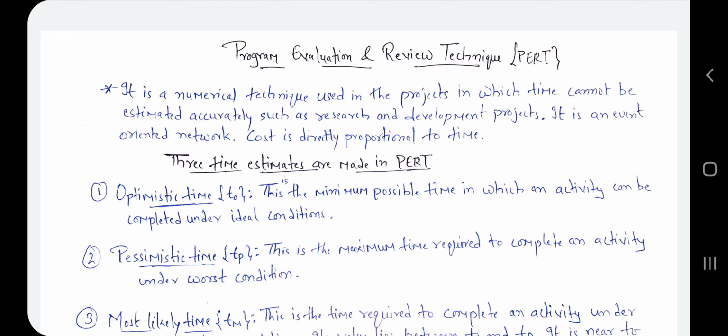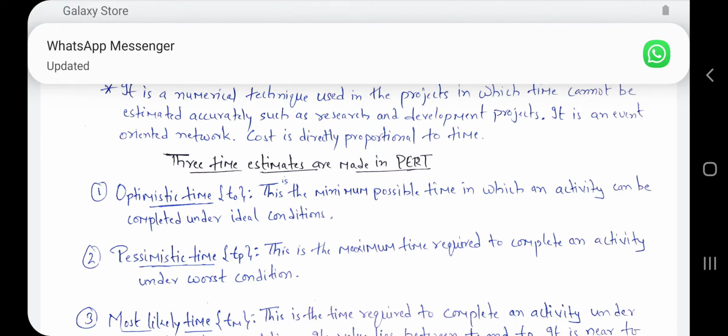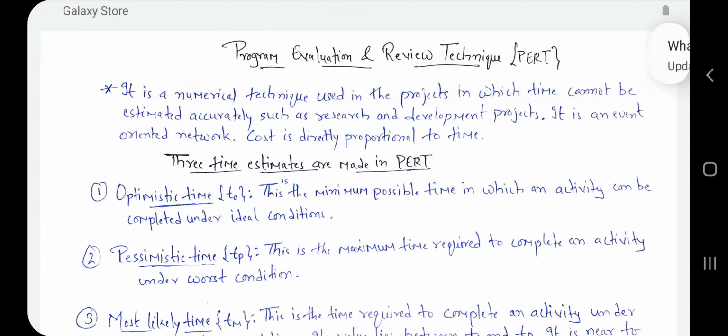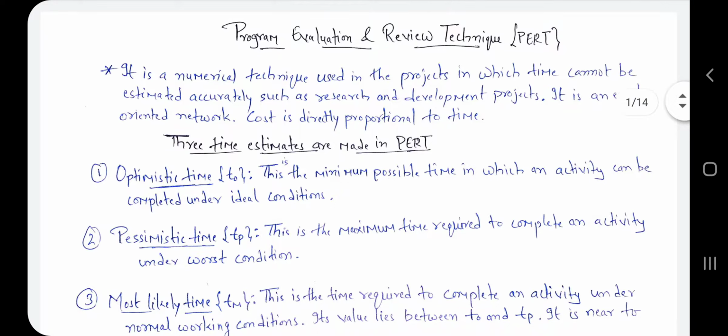In our previous lecture, we discussed network analysis, in which we studied events, activity, and dummy. Now we start our techniques part, in which we use that network analysis concept and solve the problems based on